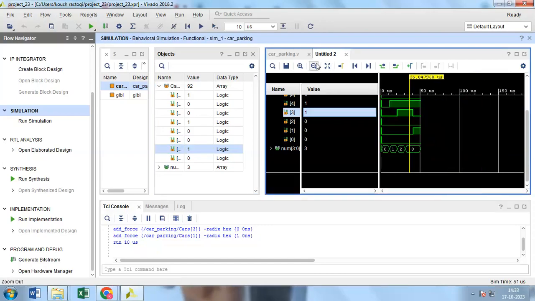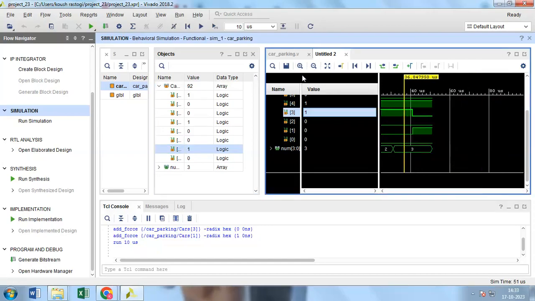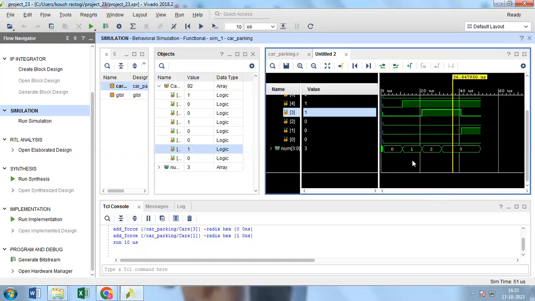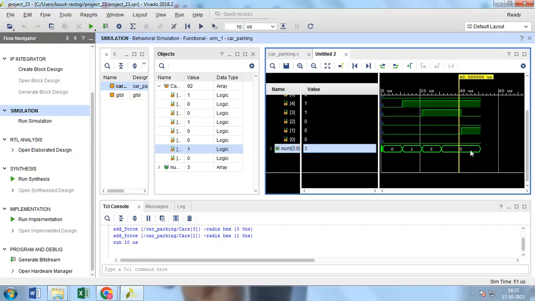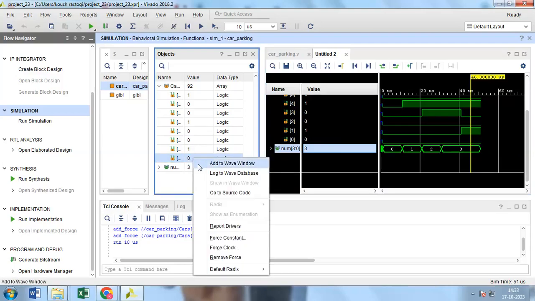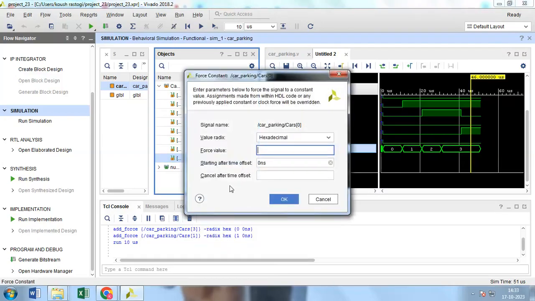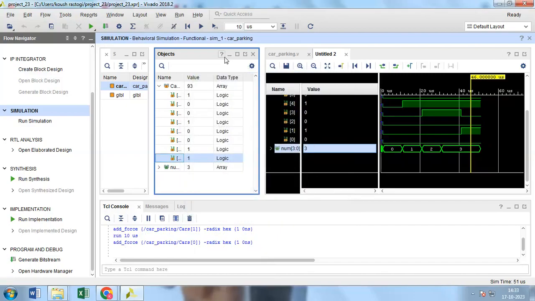So as you can see, again 3 is coming, because we have total 3 cars parked here. So in this way we can simulate our output. And let me park a car in the zero slot as well. So now you can see total 4 cars are parked.